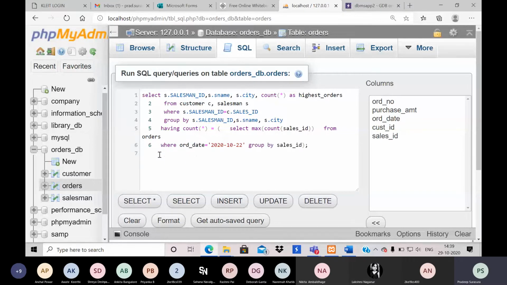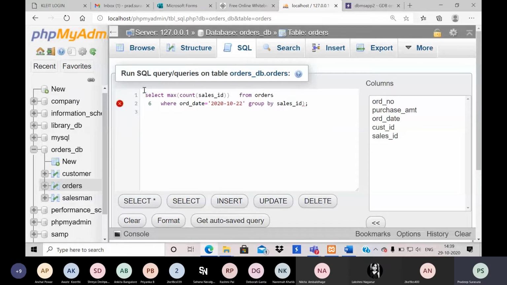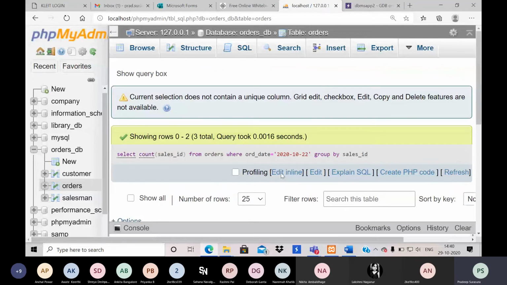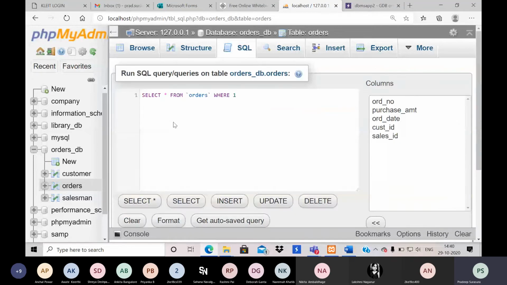Now what I will try to do is just identify the group value. So in place, if I write only count, just see what happens. I'm just doing trial and error because here it is showing some error. I don't want to do that. Okay, I can do count without any problem.